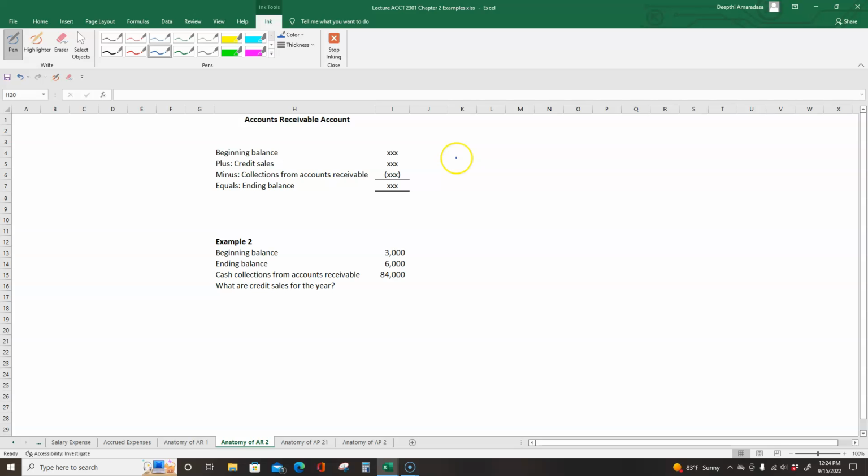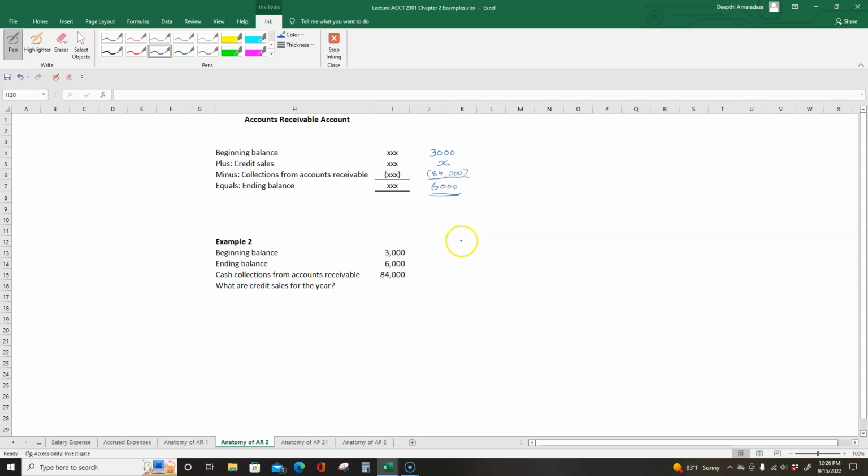Here they've told us that the beginning balance is $3,000, so I'm going to put $3,000 here. Our ending balance is $6,000, that goes over here. They've told us that cash collections from accounts receivable is $84,000, so collections get subtracted here. And then they want to know what our credit sales are. Credit sales is this number. We don't know what it is, so we're just going to call it X for now,